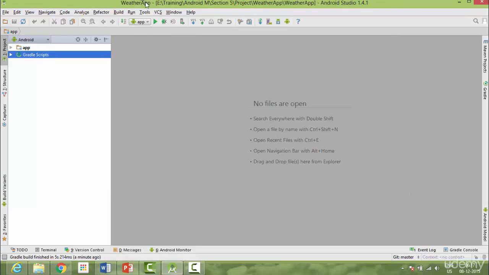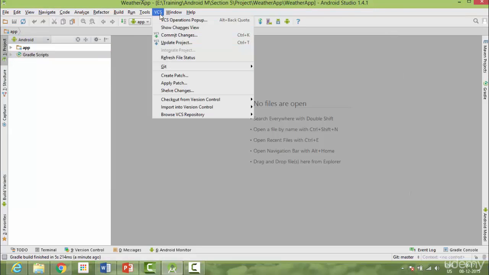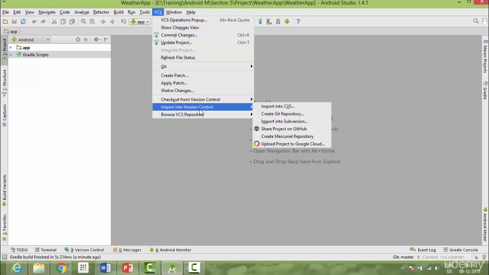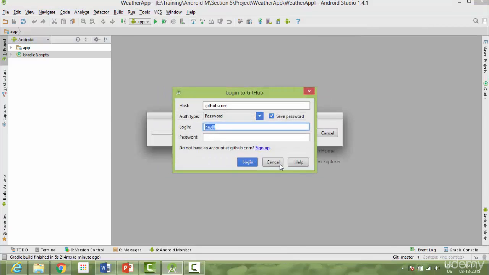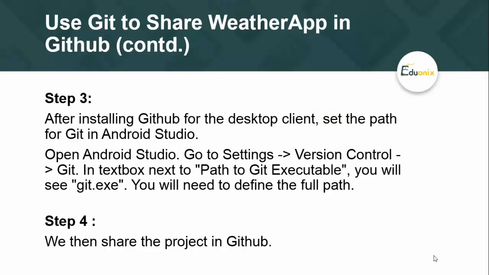To share the project in GitHub, navigate to VCS, import into version control, share project on GitHub. We have to provide the credentials for the GitHub account and click OK. After a few seconds, we will get the success message. We can verify whether it is available under our GitHub repositories by signing in to the GitHub website. On the next slide,